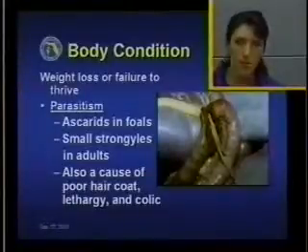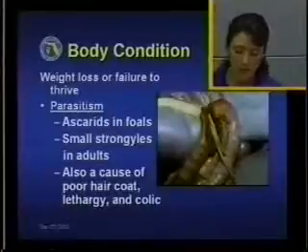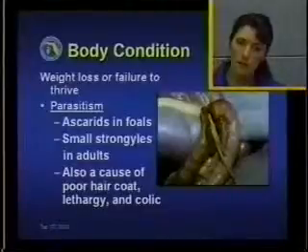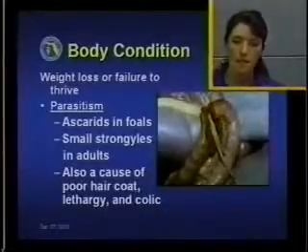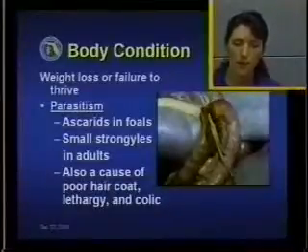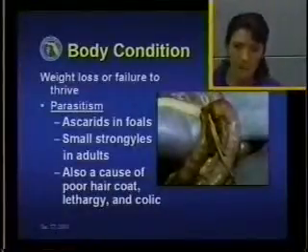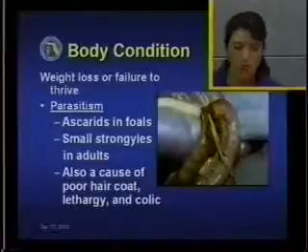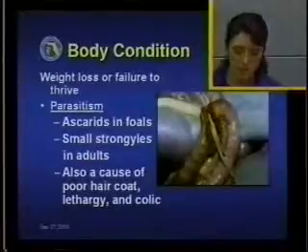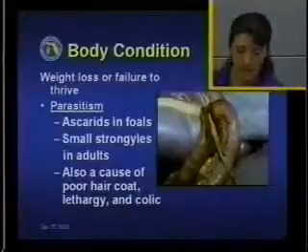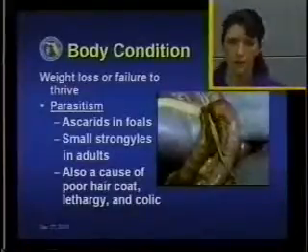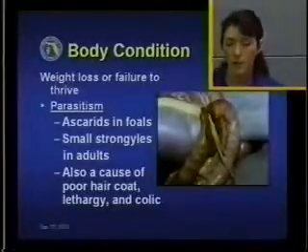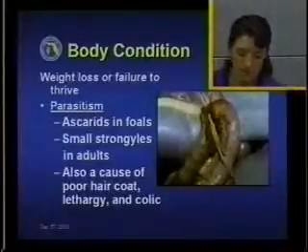However, small strongyles seem to be the type of parasites that cause most problems in adults. The reason they're associated with failure to thrive is that they encyst within the intestinal wall. If the infestation is severe enough, this encystment can cover a large enough surface of the intestinal tract, which prevents the absorption of nutrients. These conditions can be diagnosed by fecal floats, looking for parasite eggs, and also by the response to treatment, which is commonly done with